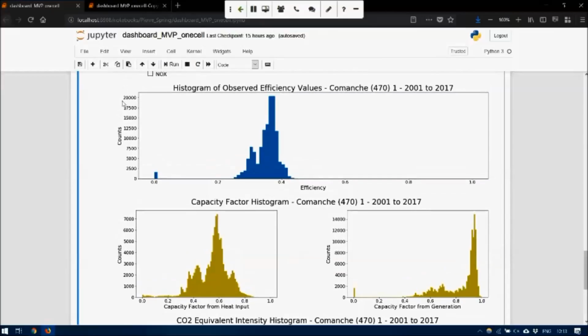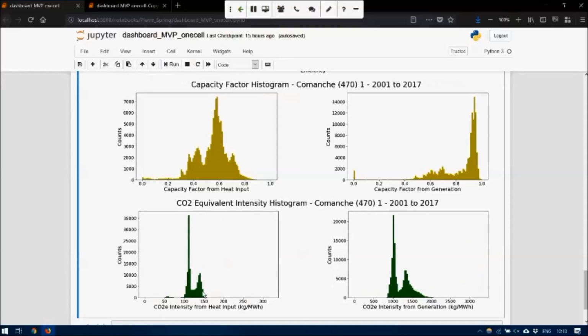So for example, looking at efficiency, we can see that we have a number of values at 0, which could be spinning reserve, and then we have 2 different modes of operation, one at full efficiency and one value for lowered operations. And another interesting note is that we have 2 different modes for CO2, and if we want to understand